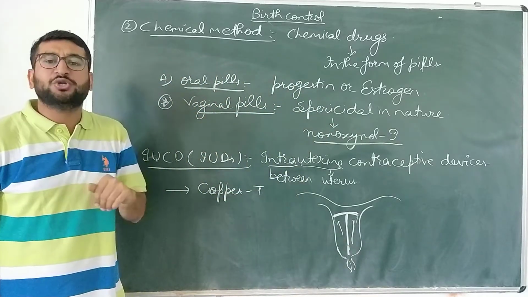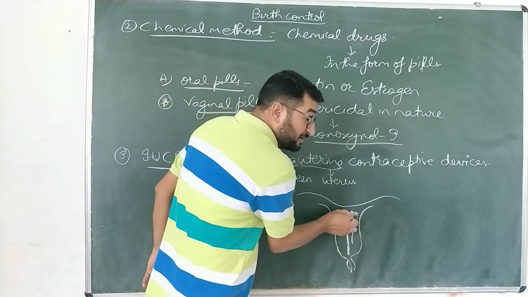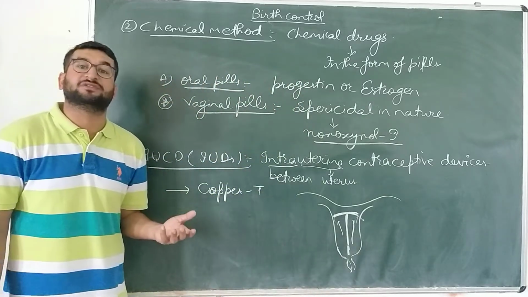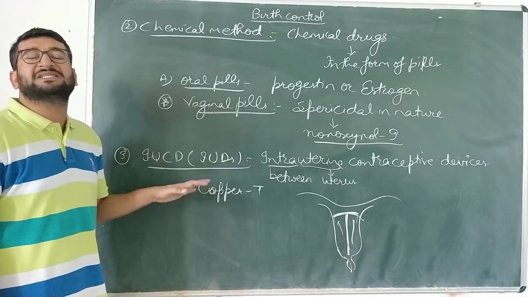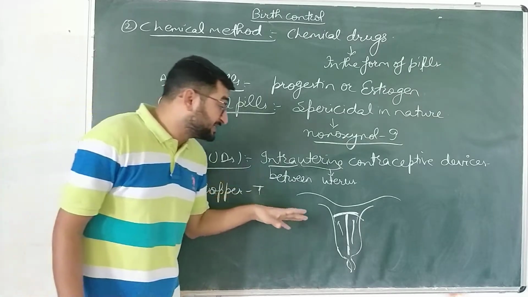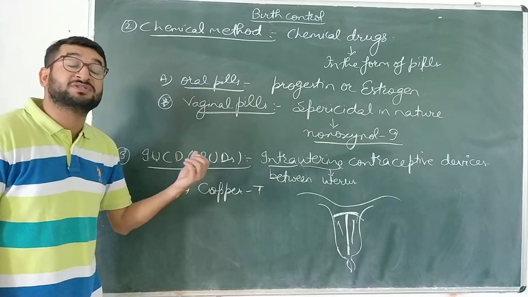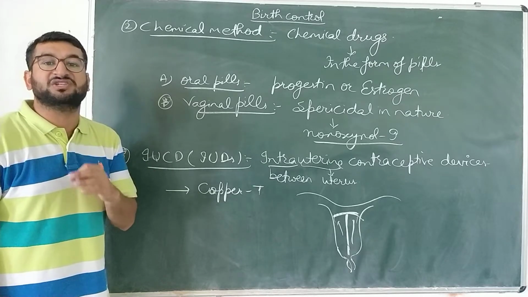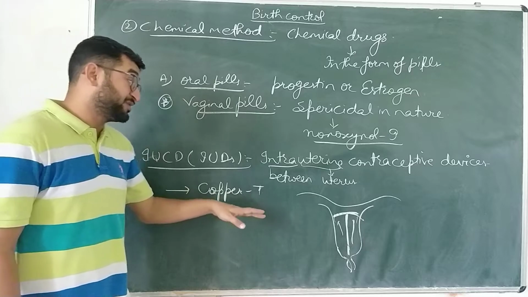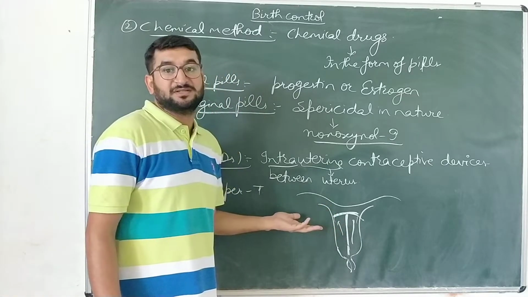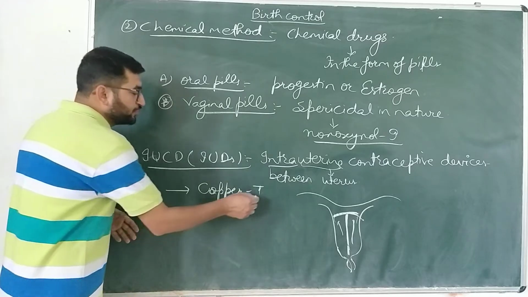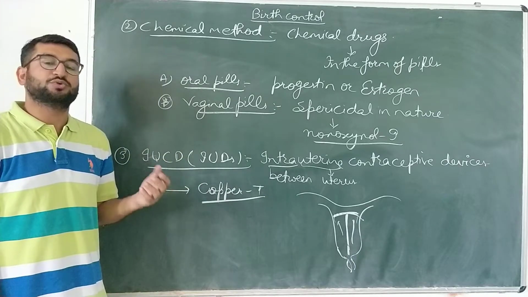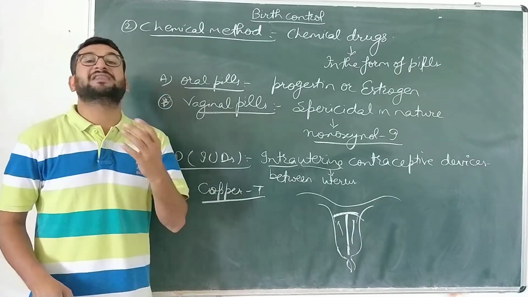During the male sexual act, due to jerks in the vagina, that copper T may be displaced and may penetrate into the uterine wall and thus may cause infection. Sometimes, in some cases, this copper T will automatically come out or jump out of the uterus through the vagina, even without the prior knowledge of the female. In that case also, fertilization can take place. So a female who is using this device must visit the doctor every 6 months so that these kinds of complications can be prevented.